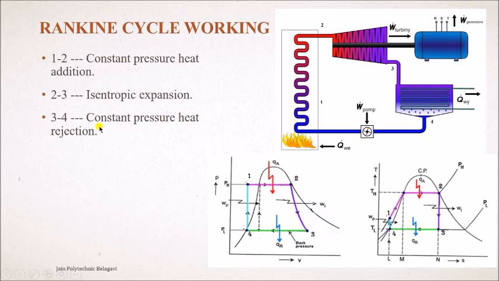That is the process 4 to 1, isentropic compression. During this process, the pressure considerably increases, with a small increase in temperature as well. After it is sent to the boiler, the water starts getting heated again. You can see on the TS diagram, from point 1 to point 2 the water gets converted again into steam, and the same steam is fed into the turbine. Work is done and electricity is produced.